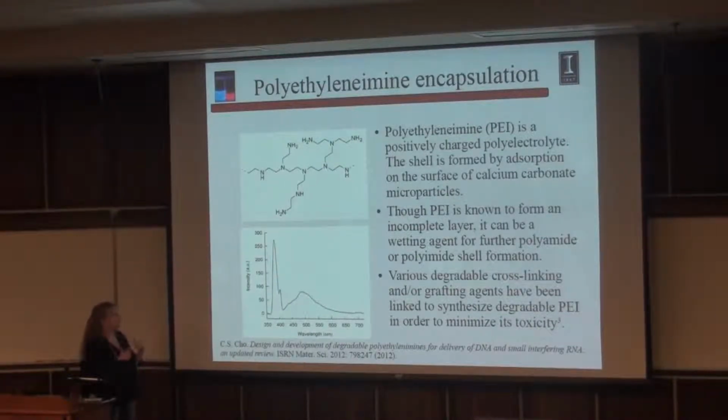You can vary different layers. You can control the thickness of the shell. You can control the permeability of the shell. But here we're just studying polyethylenimine capsules, and we study how well we can retain silica nanoparticles inside, and how well we can track those particles optically, and